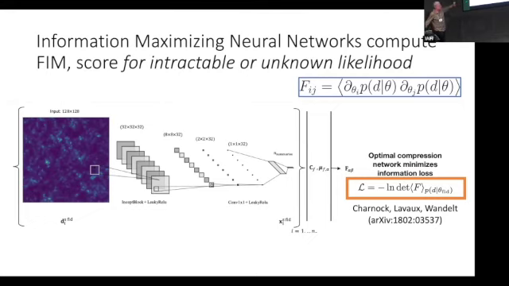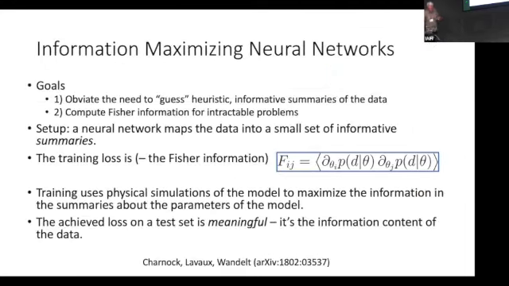There's an interesting fact that emerges from this that I don't have time to discuss, but it turns out that by writing down a Gaussian likelihood for the output of the network and writing down the Gaussian form of the Fisher information and computing that for the output of the network, you can compute the Fisher information of whatever goes into the network, even though that likelihood is completely unknown. I can show you the proof of that if you like. It's a little bit bizarre, but yeah.